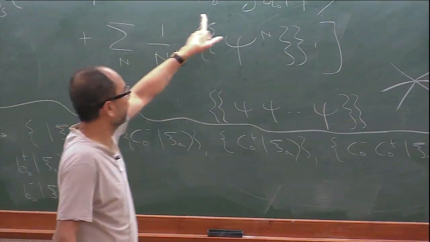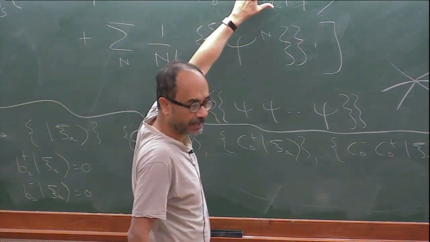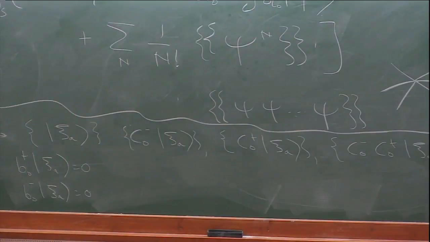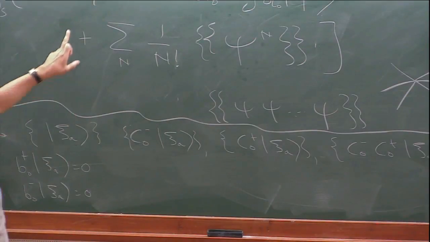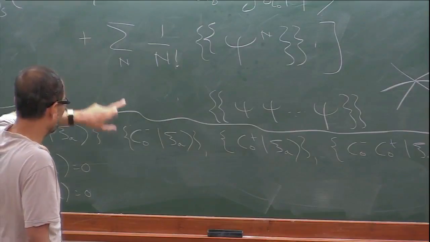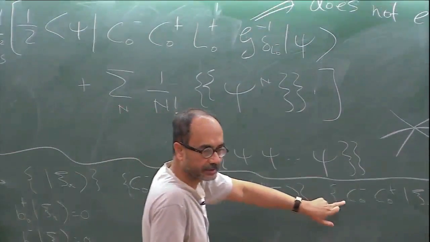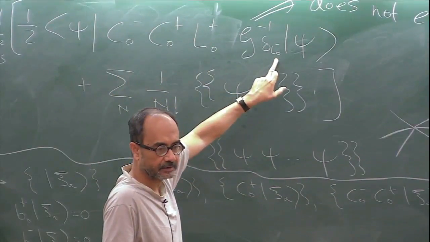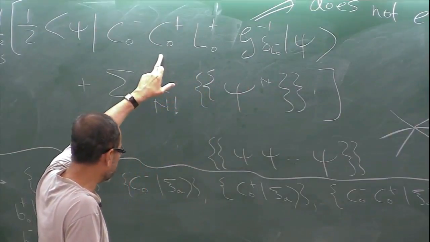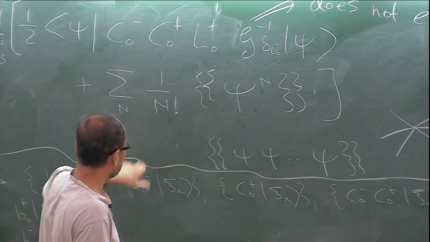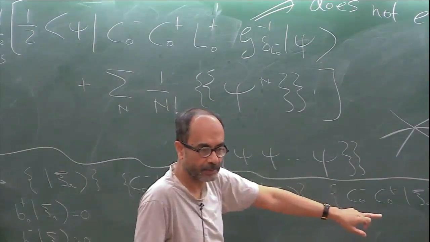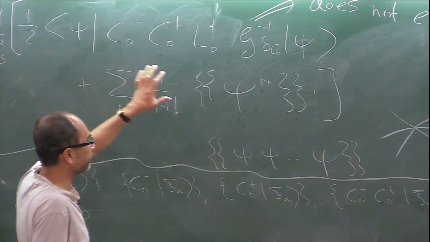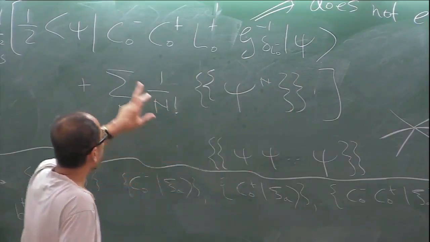Now let's look at this matrix element over here. Let's forget about the G for the time being, because G inverse doesn't exist anywhere, so let's forget about it for now, and we'll later include this. So you can see that if psi belongs to either this one, or this one, the result is 0 for the matrix element. Right? Because either you will get a C0 plus square, or you will get a C0 minus square, or a C0 minus square, C0 plus square, all of those are 0. Okay. So the only component of psi that contributes is the one that